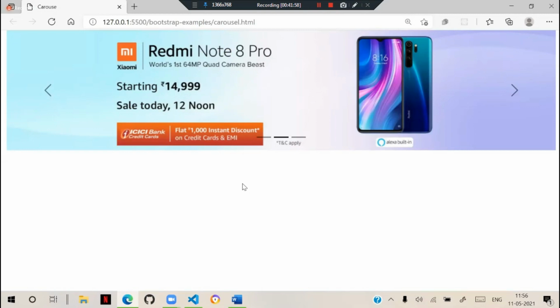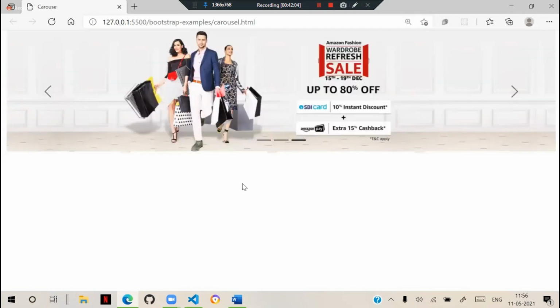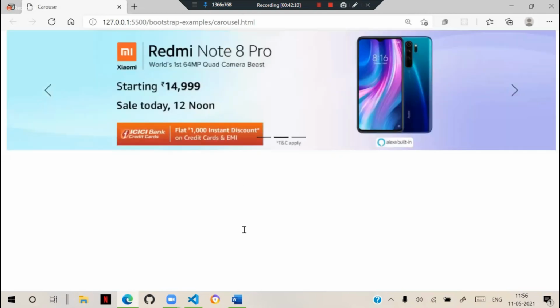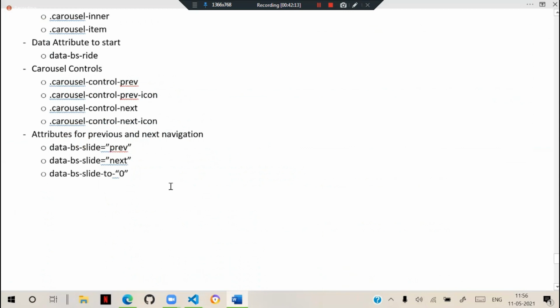They will just change like this. No sliding. So no slide option will be there. That means you can keep the options for animation, or you can say transition. Transition can be defined as slide.